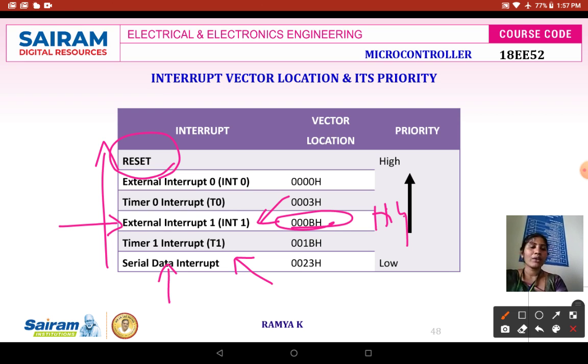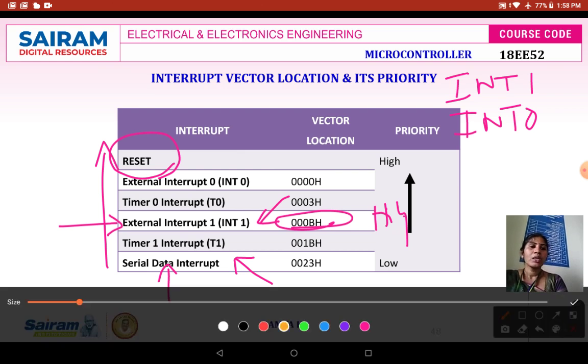For example, consider I am getting INT1 and INT0. Of these two interrupts, which has the highest priority? INT0 has the highest priority. So the microcontroller will serve INT0 first, then it will serve your INT1.